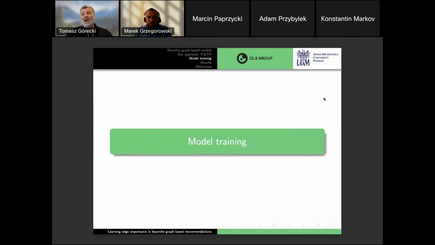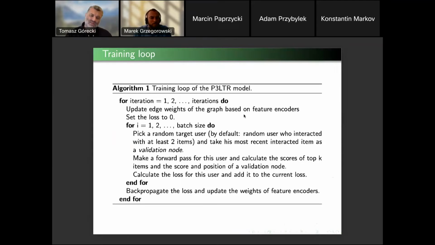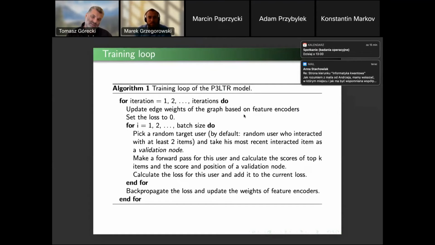Okay, so now how do we train our models? We need a loss function, of course. And here is the algorithm for how to train. We iterate over some number of iterations, and we update edge weights of the graph based on feature encoders. We set the loss to 0 for each batch. We pick a random user and take his most interacted item as a validation node, and we make a forward pass for this user and calculate the scores. And next, we backpropagate the loss, like in